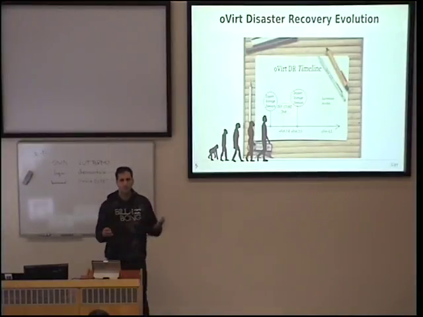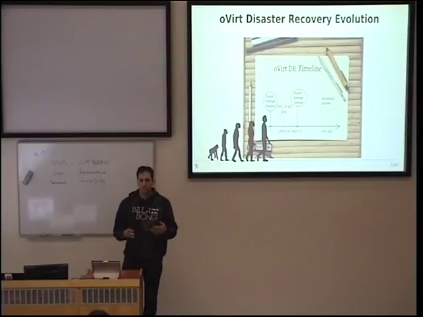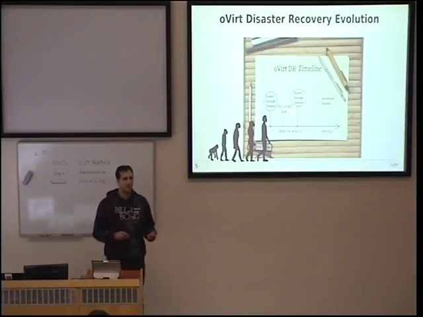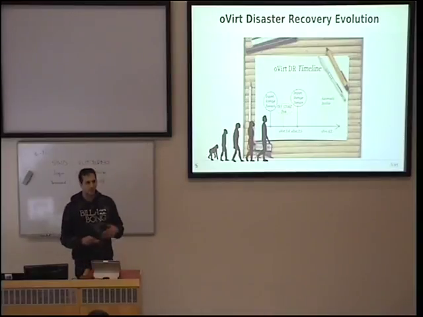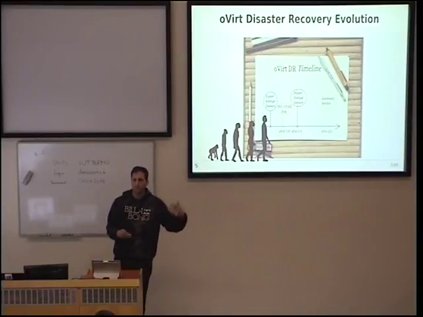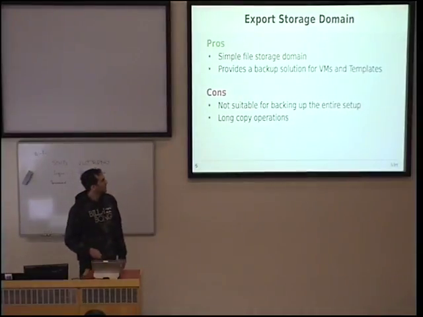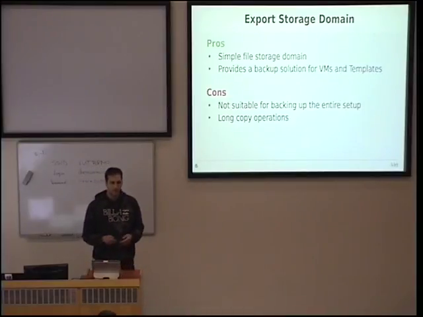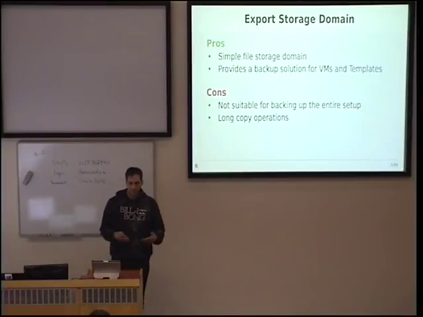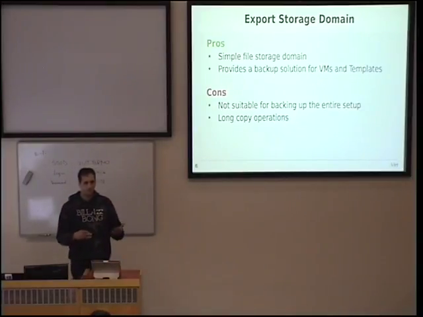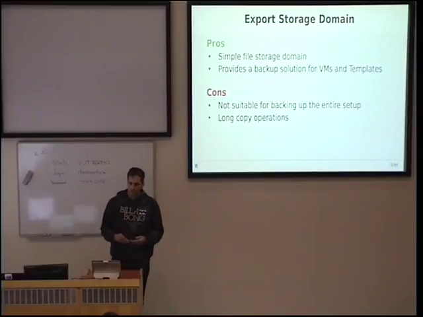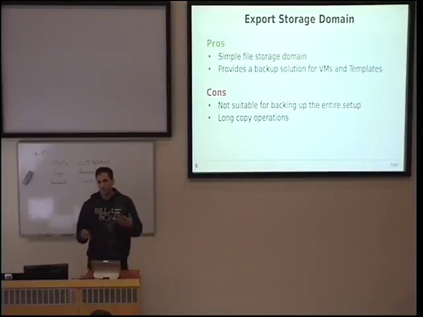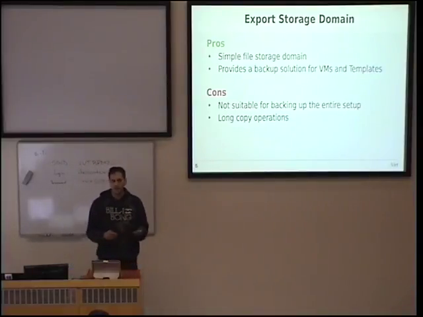So through oVirt versions, we had several types of solution for backup and disaster recovery. I want to go over a few of them to get the notion of what we introduced in oVirt 4.2. So at the beginning, there was an export storage domain. This is basically a file storage domain that was used to back up VMs that the admin really cares about. It's a file storage domain that is simply attached to a data center, and the admin copies the VMs or the templates to it, and once he wants them back, he simply copies them back